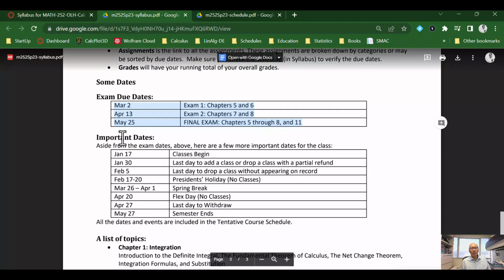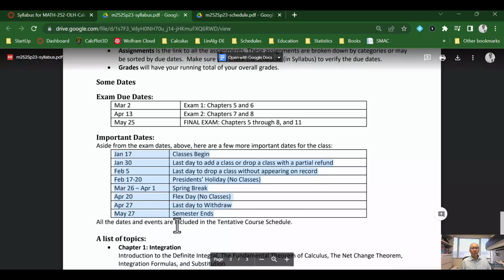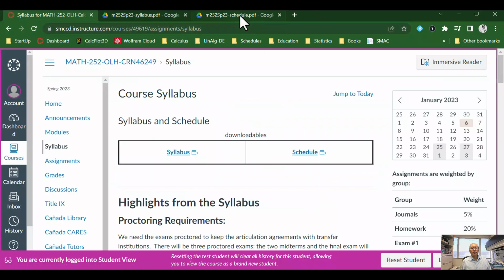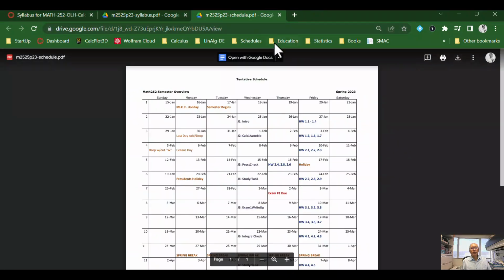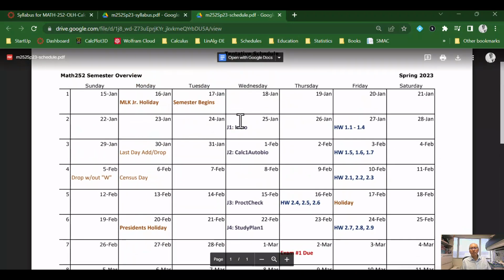The exams will actually be open about a week beforehand, so you'll have a week to work on that. And then some other important dates throughout the semester. And down here would be a short list of the topics that we're planning to cover for this course. The other thing you can download is the schedule. So downloading the schedule will give you a semester overview,